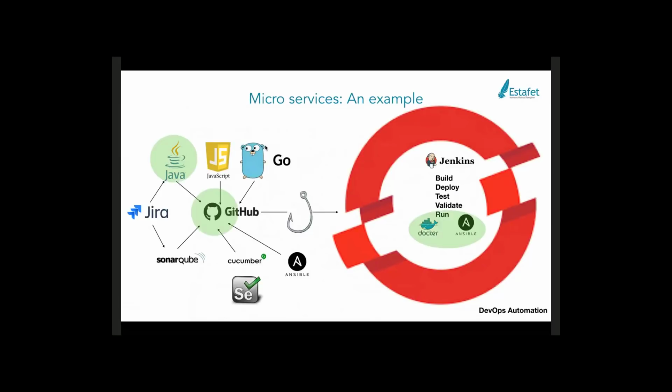So what we're going to look at specifically is we don't have the JavaScript and Go stuff. We're going to concentrate on the Java, GitHub to Docker Ansible side, rather than look at all of the tests. Because if you just download this, you can see the tests running yourself and pop them out of the GitHub and see how they're constructed too. So if you go to the GitHub, you'll see Cucumber tests, you'll see some Selenium tests, and so on and